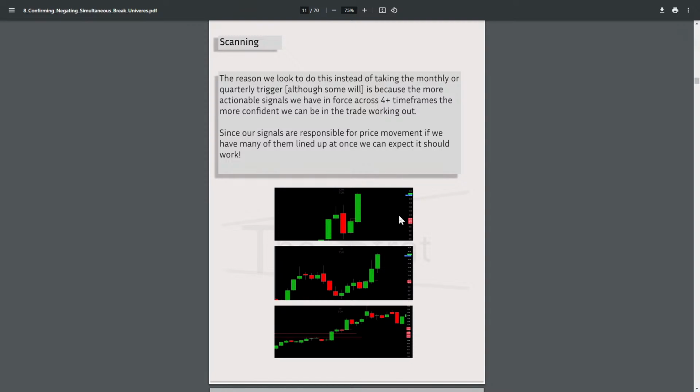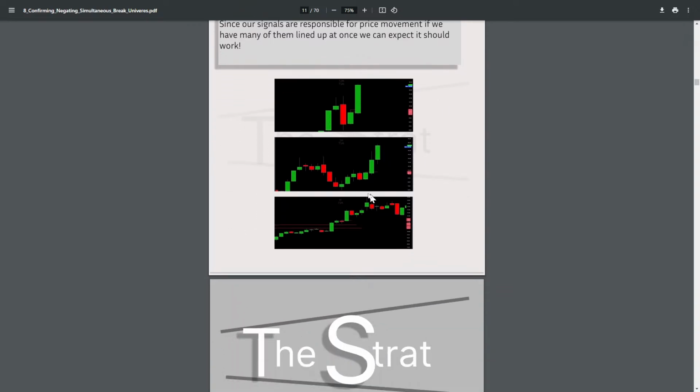So the reason we look to do this, instead of taking the monthly or quarterly trigger, even though some will, is because the more actionable signals we have in force across 4 or more time frames, the more confident we can be in the trade working out. And this also kind of goes back to yesterday with are you simple stratting? If you're simple stratting, the higher time frame signals are lower time frame targets, and typically why we don't want to be the first ones in those. Since our signals are responsible for price movement, if we have many of them lined up at once, we can expect that it should work. And you can see